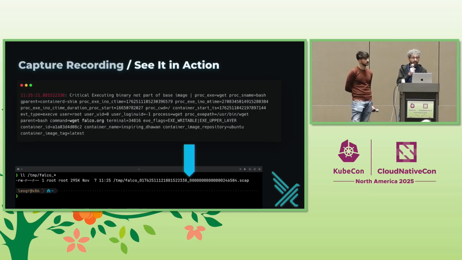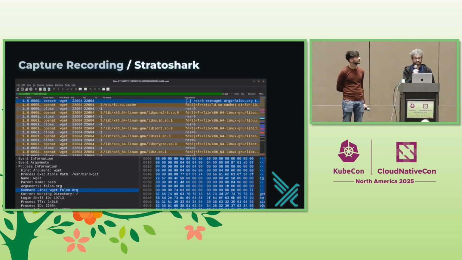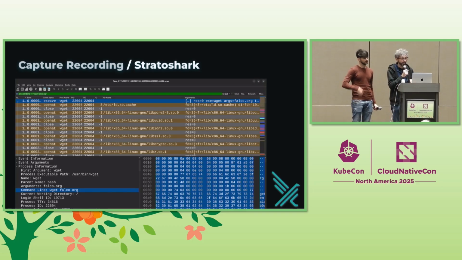That is a new tool called Stratoshark. This was created by the author of Wireshark. It is basically the same UI as Wireshark, as you can see, with the only difference that this tool is able to visualize captures made by Falco. It's very simple. You can filter, you can do a lot of stuff, and it's very useful. We already got a lot of positive feedback about this.